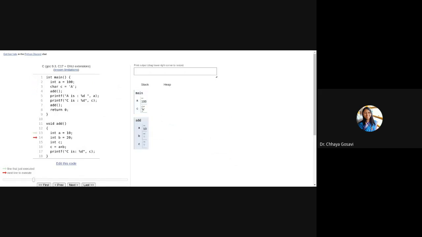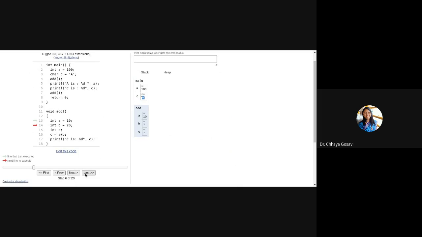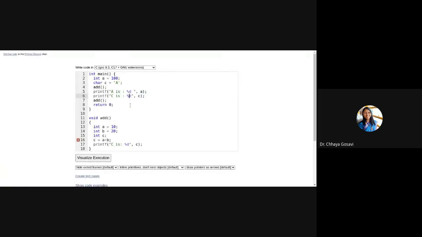So it is stored as character A. But when we want to print c, it will print 65. So 65 is nothing but the ASCII value of A. And here, if I print %c, it will print capital A. So you can access its integer value or ASCII value.